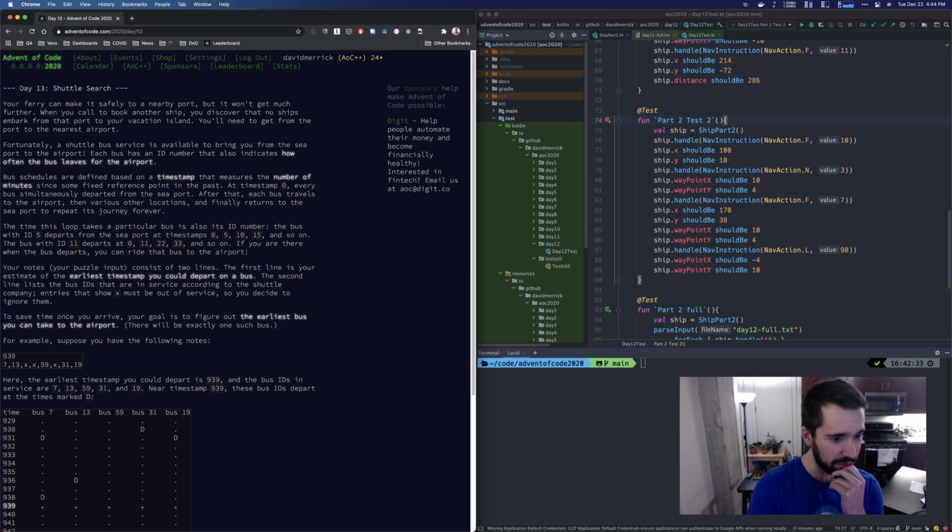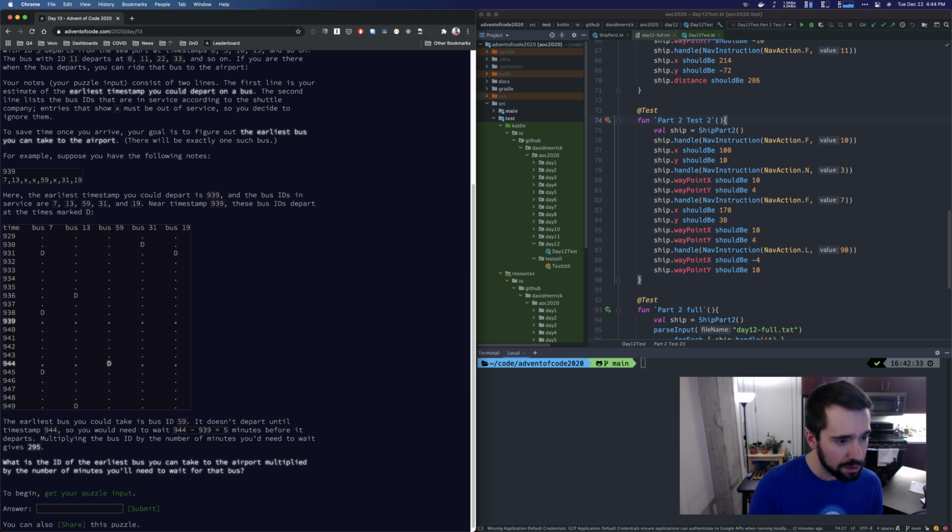So if you have the following notes, the earliest timestamp you could depart is 9:39, and the bus IDs in service are 7, 13, 59, 31, and 19. Near timestamp 9:39, the bus IDs depart at the times marked D. So we have 7 at 9:31, 31